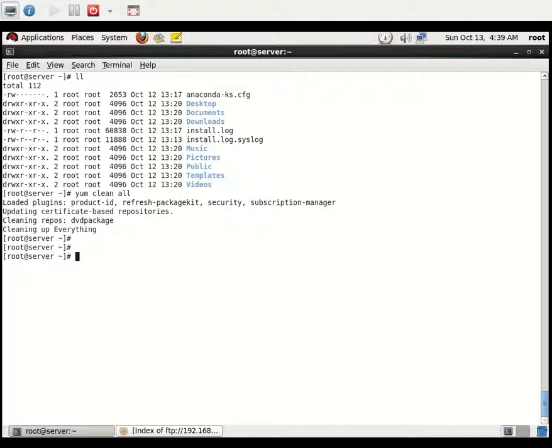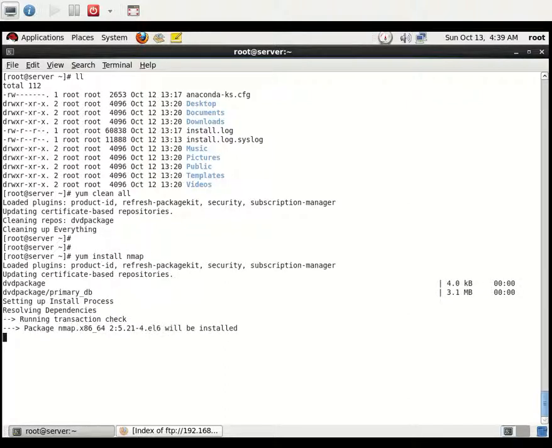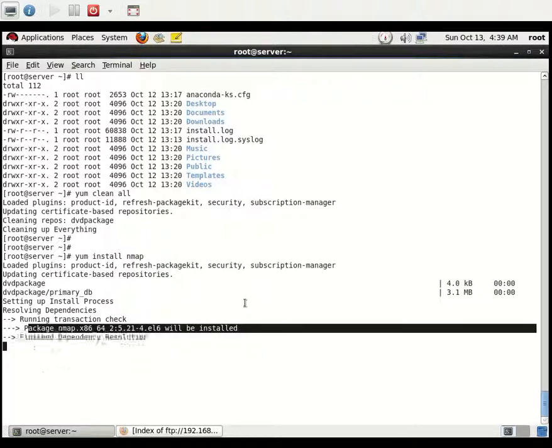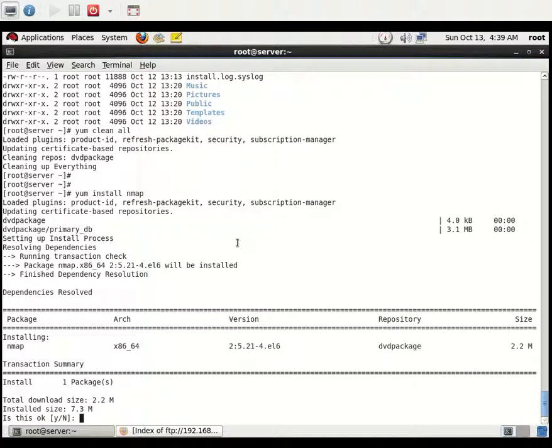Okay, now I'm going to install one of the packages. I'm going to install nmap. Install nmap. See, it's downloading and will be installed. The package nmap will be installed. It's now downloading from the local repository and getting installed.